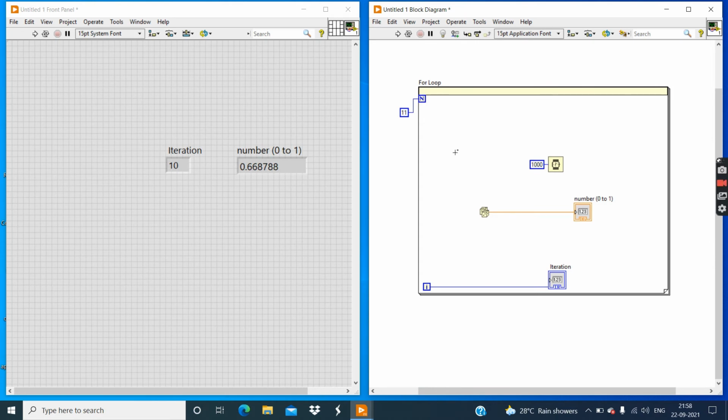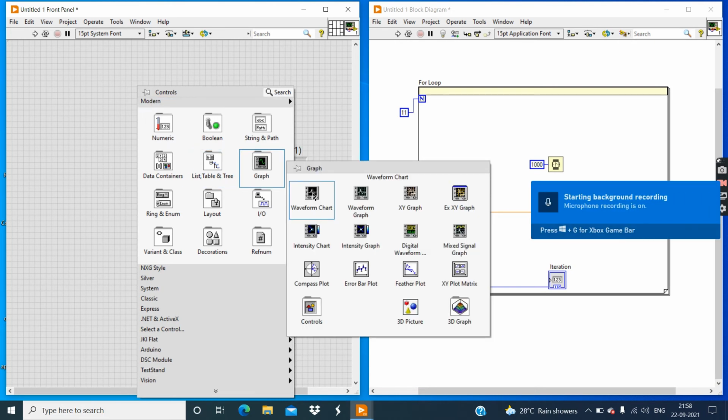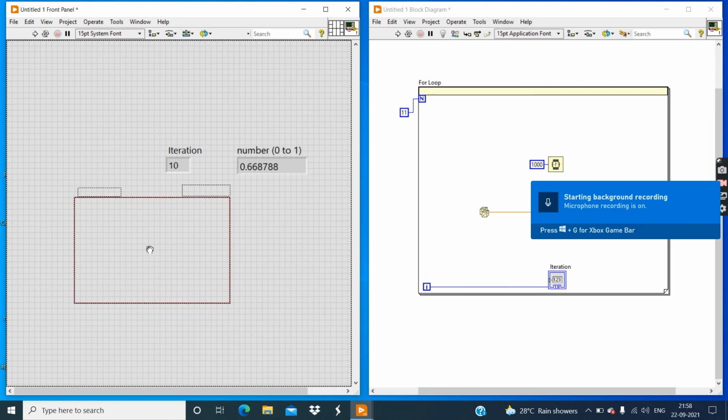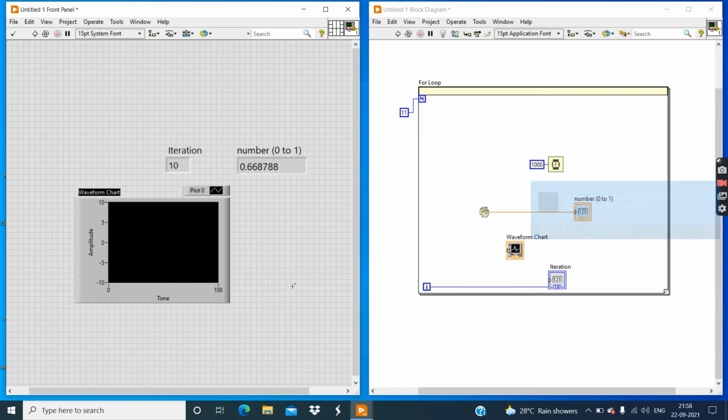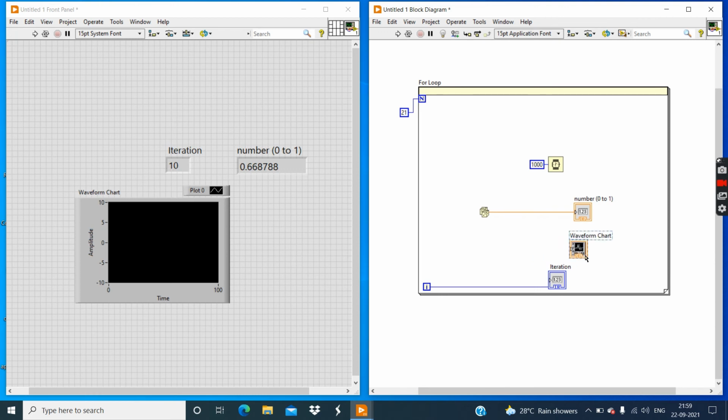Now go to the control palette, click on the waveform chart and place it here. And then increase this condition to 21. Then connect this indicator to this random number.